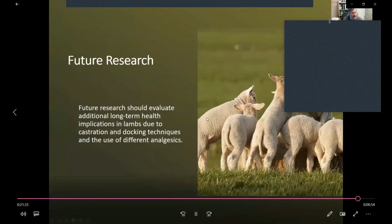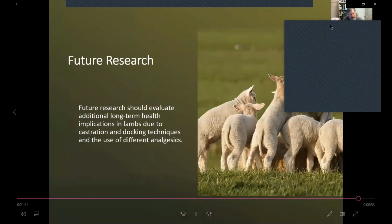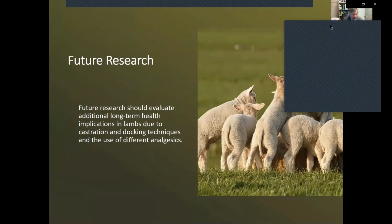Future research, there's obviously a plethora of research that can be done, as this is really the first large trial that's been done. We did not look at long-term health implications, that if cortisol was increased, did it have an effect on lamb health later in life? We also didn't look at different docking and castration techniques or different analgesics and ways of applying them, either topical or orally, or just different use of different drugs. So there's plenty of research left to be done out there, but I think this provides a good baseline data set